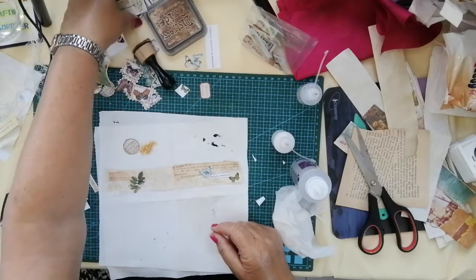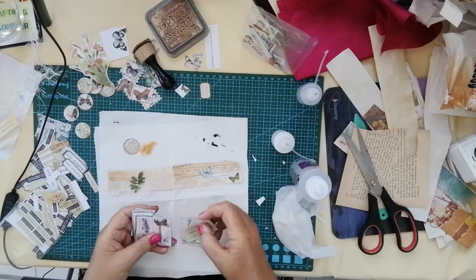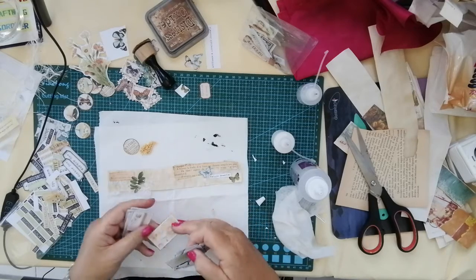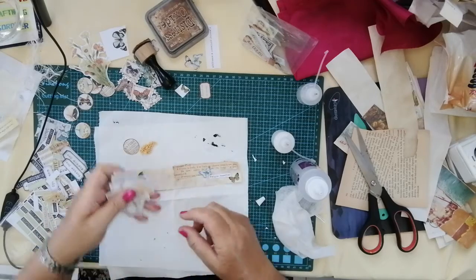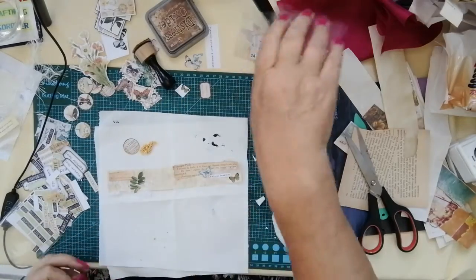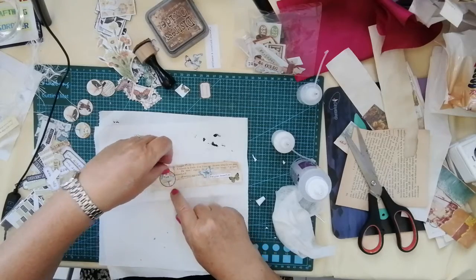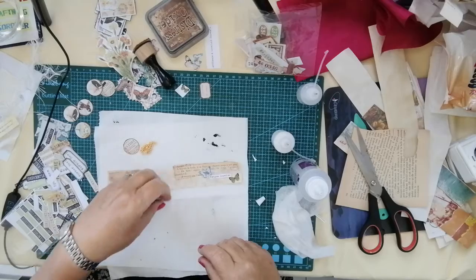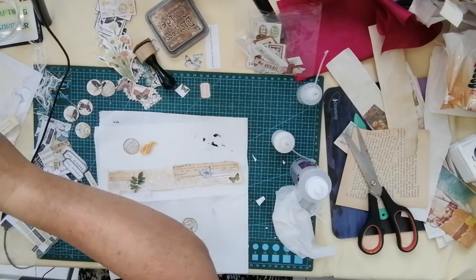No. These are all the wrong way up for what I want. Oh, it's too big. Too big. So let's have... We'll have that. What shall I put underneath it? Because it needs a little bit of something underneath it. I can have a little bit of...